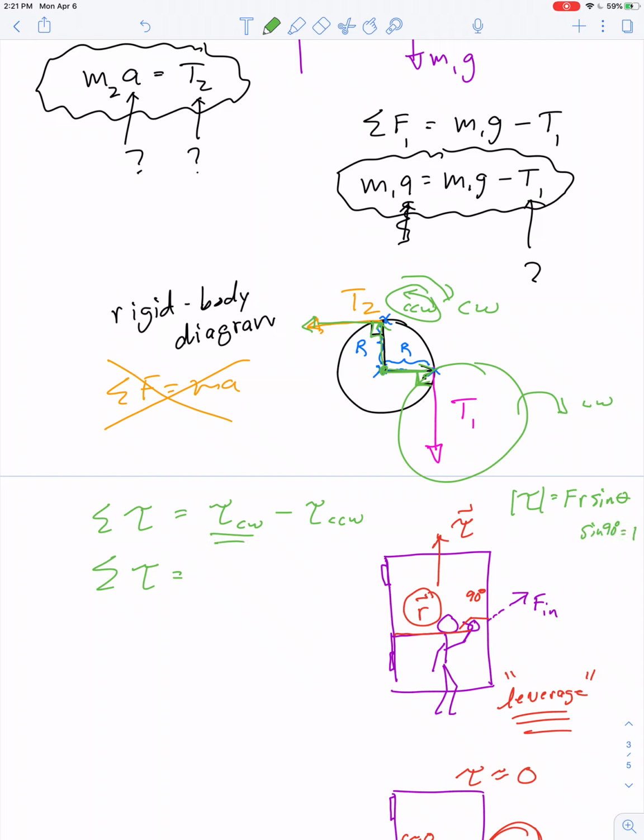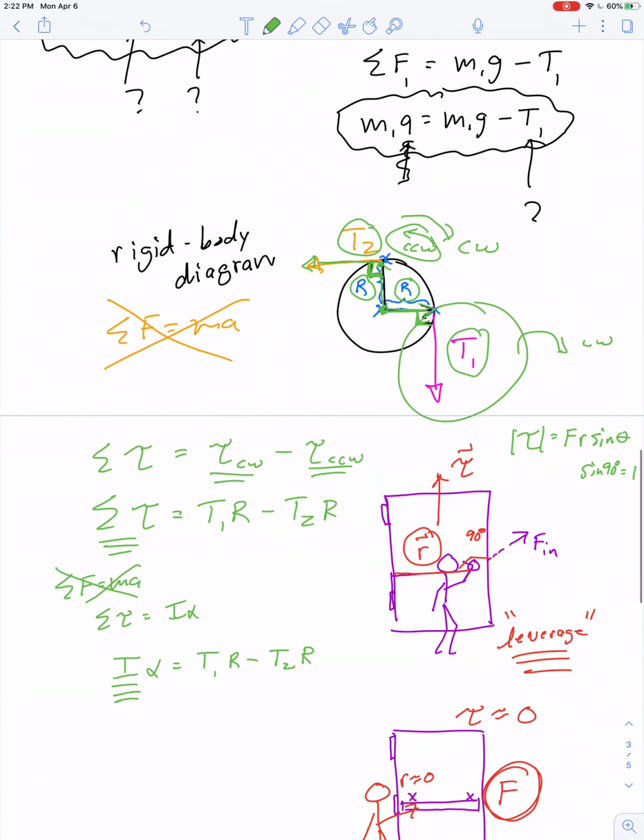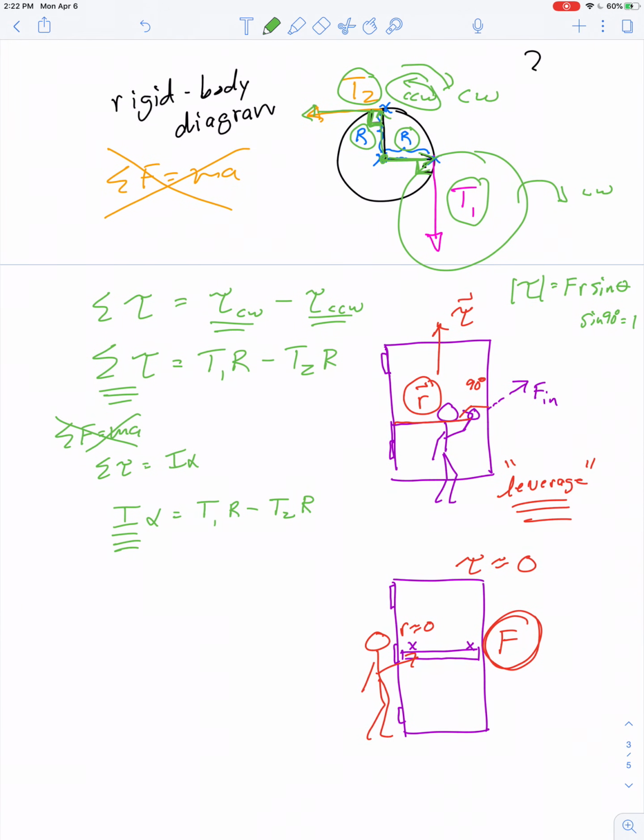It's the solid disk, not the hoop. Right, the rotational inertia of a solid disk is 1/2 mr squared. So 1/2 mr squared times alpha is (T1 minus T2) times r, if you allow me to factor out. So I can cancel that r with one of these r's, and now I have a substitution I can make in place of alpha, just like